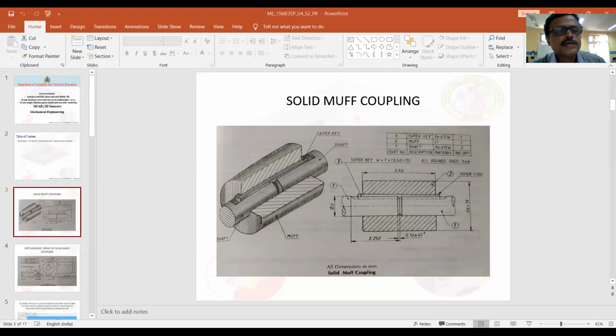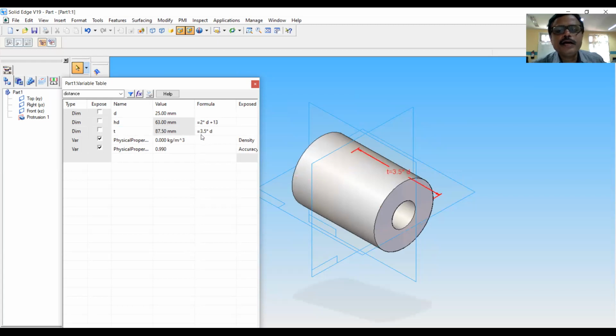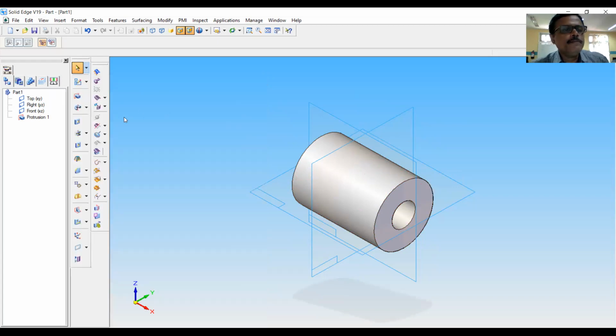So what I will do is I will enter this as one variable. You can call it as T, and write the equation as 3.5 into D. Enter. So it is calculated and it is displayed here. And here you can see the equation. You can see the equation T equal to 3.5D in the model. So the base feature is now ready.